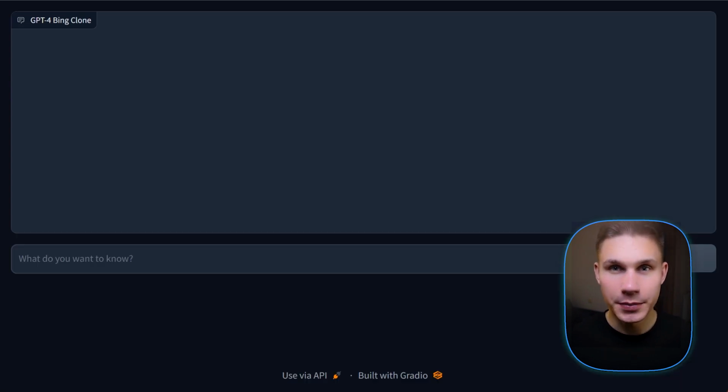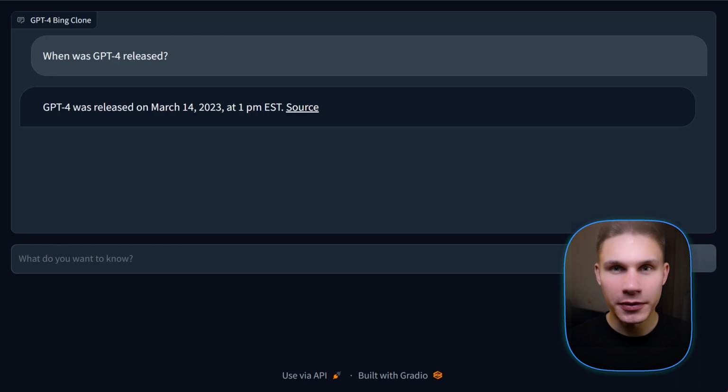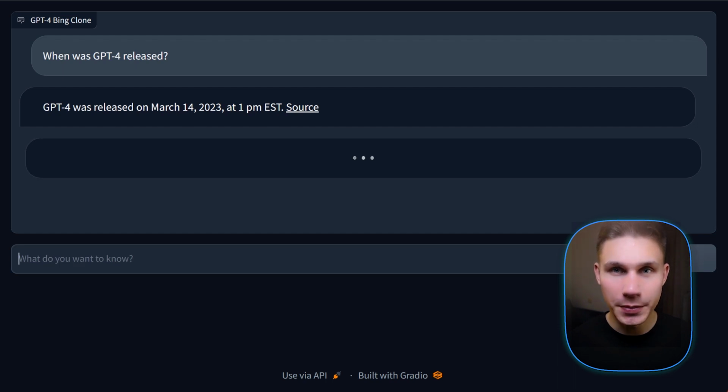As I said earlier, GPT-4 does not actually know about its existence. However, if I ask our chatbot when was GPT-4 released, it will actually provide a valid date with a citation. Then we can also ask what makes it special, and it will respond with the special features of GPT-4